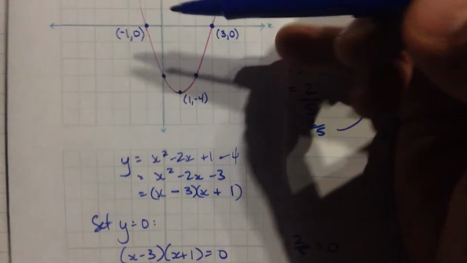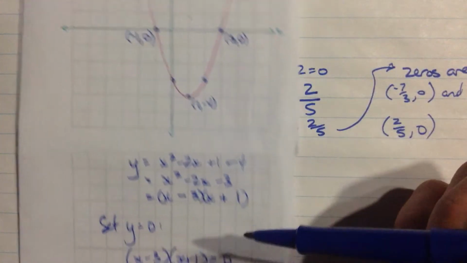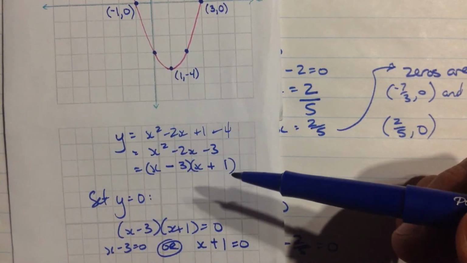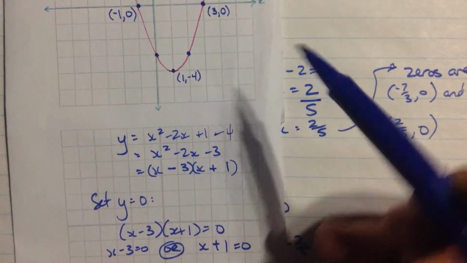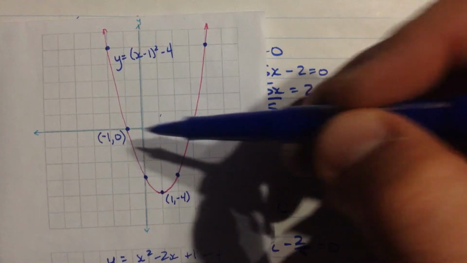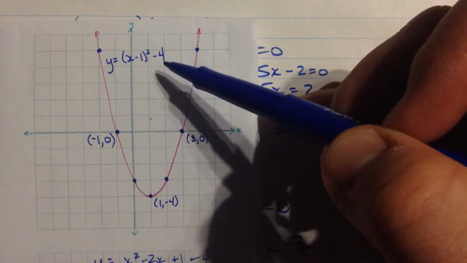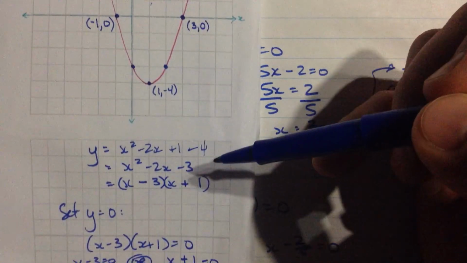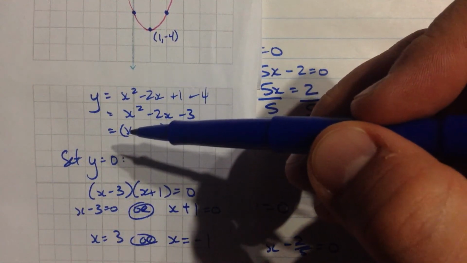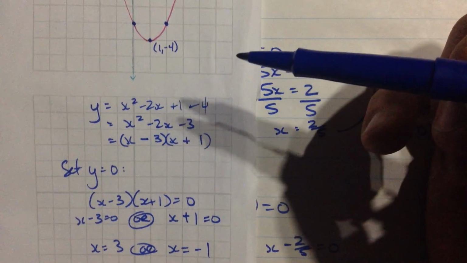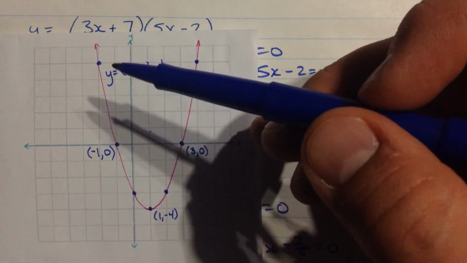Hey, that makes sense. x equals 3, or x equals negative 1. So by factoring the equation, I can read off my roots. You can see it's sort of like a sign change if it's nice and simple like this. I can read off my roots and plot them right onto the graph. So now we have the vertex form. It's got a vertex kind of written right in there. If we have the factored form, we can read off our roots. And if there's a non-1 value in front of the x's, we have to do a little more fraction work. And we have a step pattern if the number out in front here, the compression